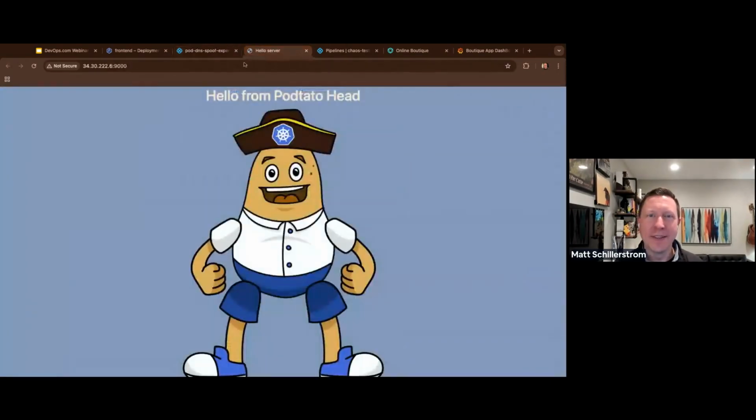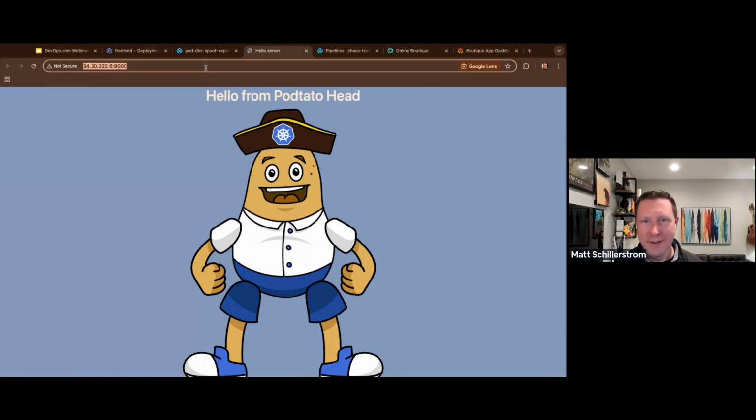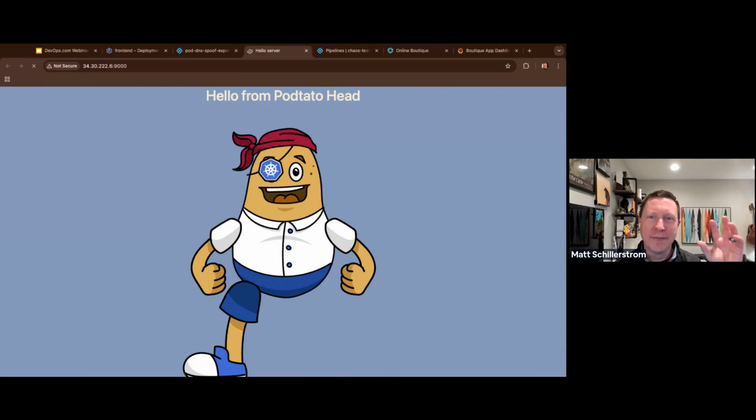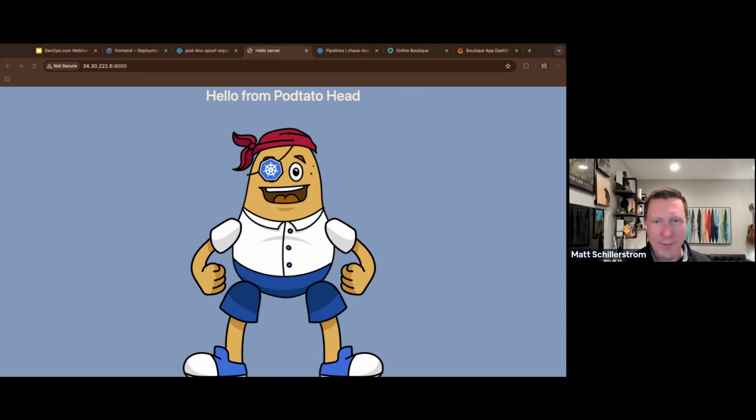And then if I go to this demo app, you see the pirate hat that's on here right now. We're spoofing the DNS so that now Mr. Potato has a different hat on it. So this is a fun experiment to test DNS to see if you can spoof. A security engineer might really appreciate this.